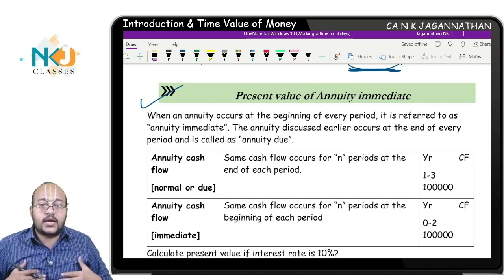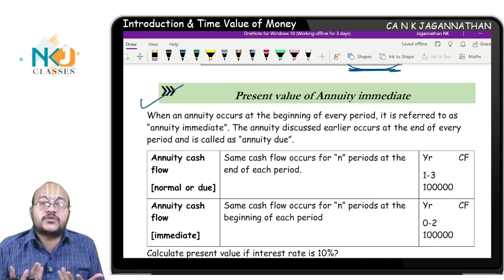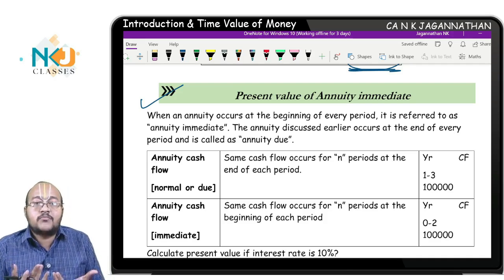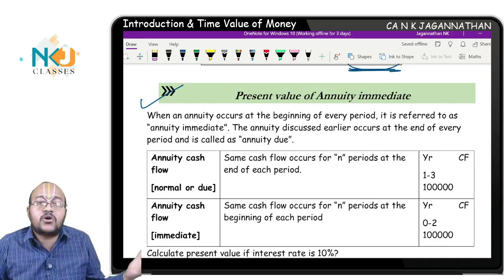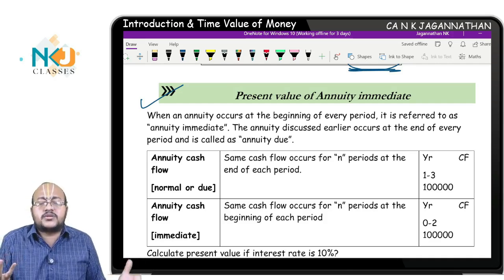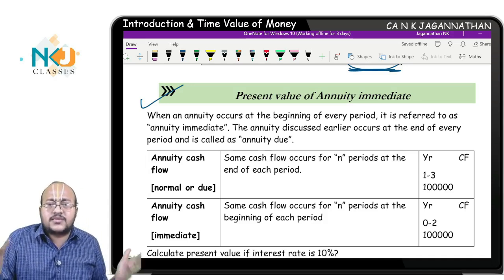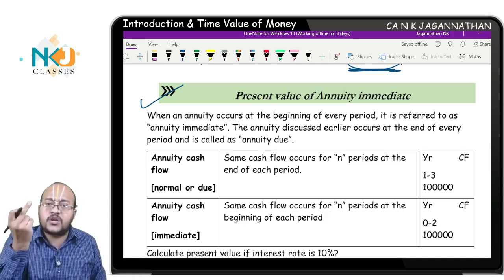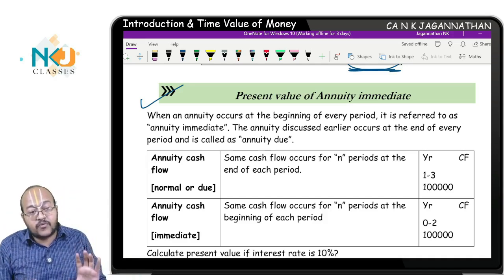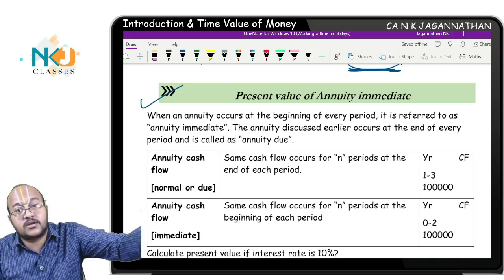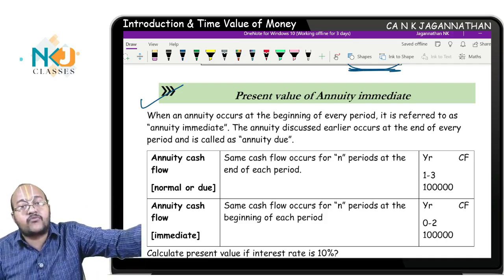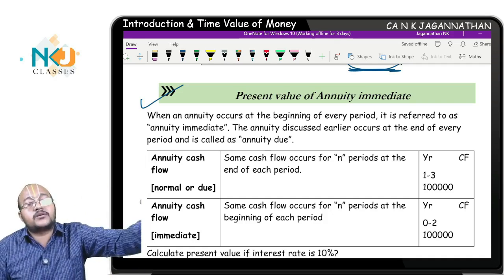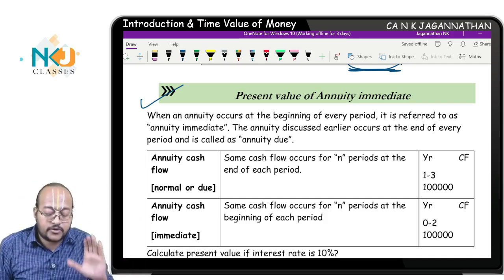It's very simple. Today I am receiving 1 lakh rupees. What is the present value of this 1 lakh? 1 lakh only. Why? Because this is received today itself. There is no inflation involved. There is no risk involved. So you don't need to compensate for inflation or risk at all. It is a certain amount, so there is no need to discount, which means the present value factor will become 1. So the present value of the annuity cash flow which you are receiving at the year end will have a different value, and year beginning annuities will have a different value. Correct? Now we are going to study how it is computed.